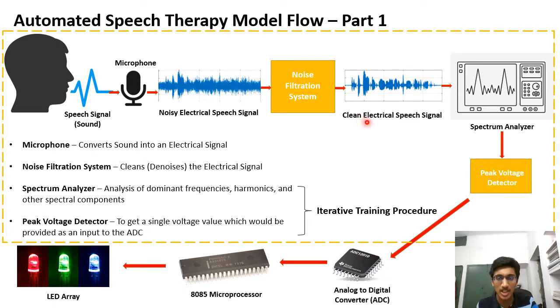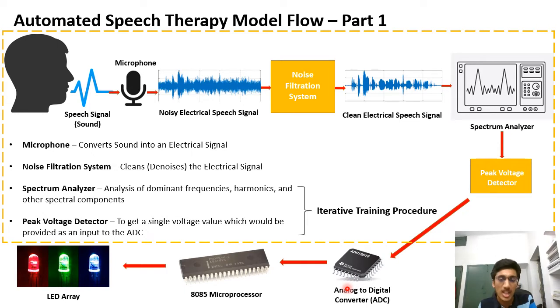This clean electrical speech signal would then be passed on to a spectrum analyzer, which would perform an analysis of the dominant frequencies, harmonics, and other spectral components present in it, in order to figure out a particular unique characteristic value of the voltage pertaining to a speech signal referring to a particular word or a character or a number. This voltage value, which is a unique characteristic of a particular word or number or character, can then be picked up, detected and stored by a peak voltage detector,